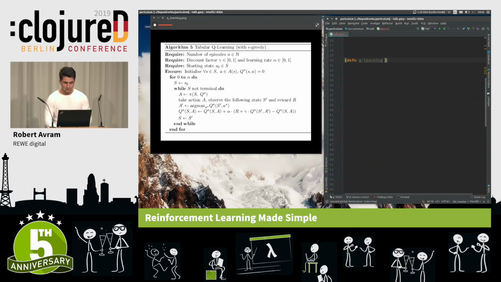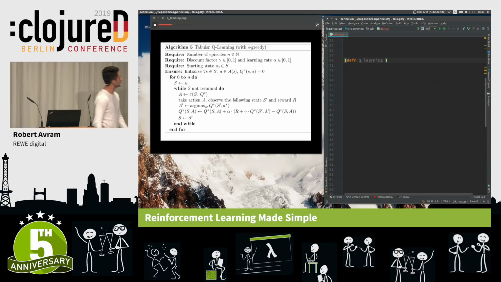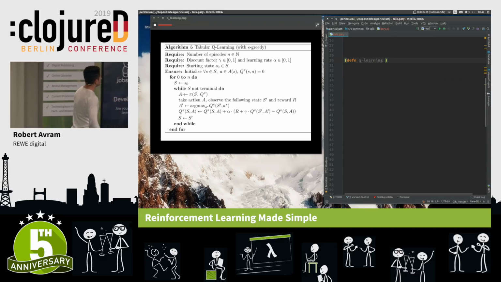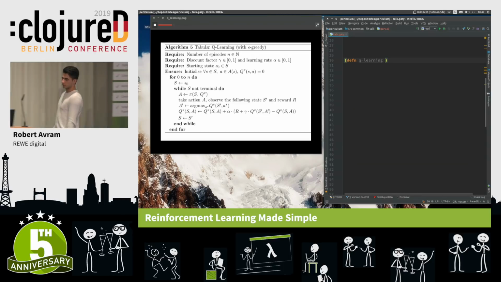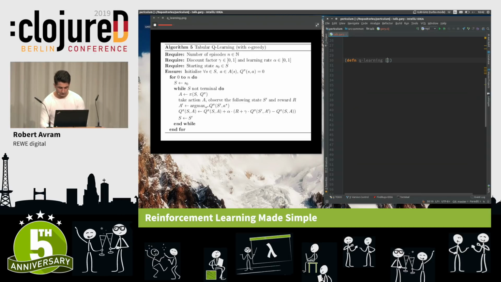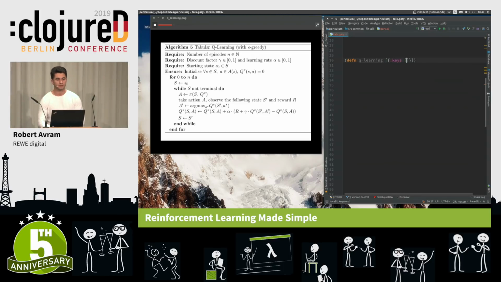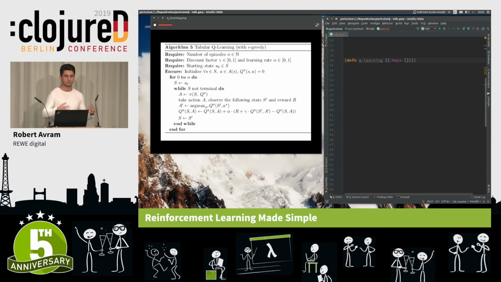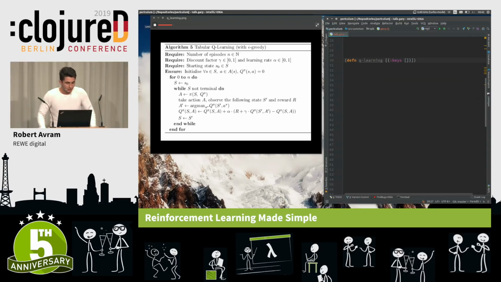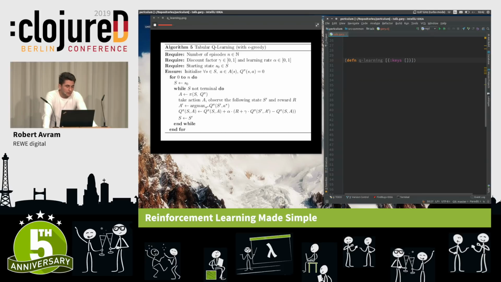OK. Right, so let's look at the algorithm. Now, this is basically going to be a function of some kind, right? So let's define a function called Q-learning. And for the sake of argument, I'm going to name the parameters of this function just to make it a bit more clear what data it is going to receive. So what does my algorithm say? Well, the first 3 lines are sort of requirements. I require this, I require that, I require this. These are inputs to my function. I need these things in order to run my algorithm.